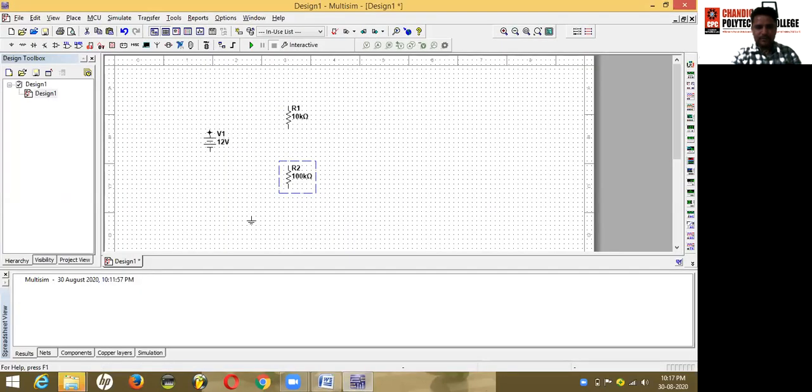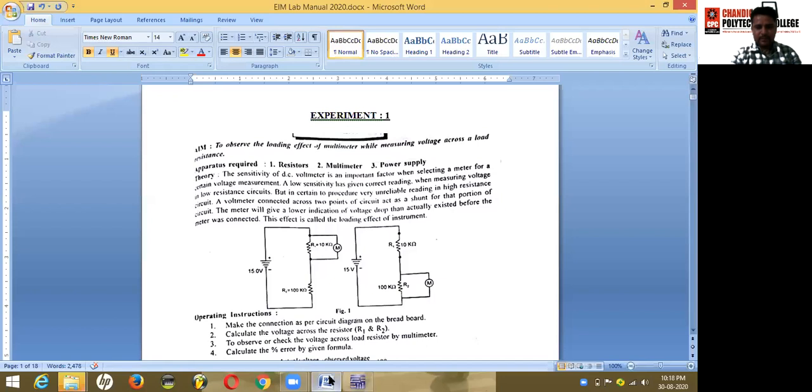Now we will make the connection according to the circuit diagram. Here we have made our circuit according to this circuit diagram.